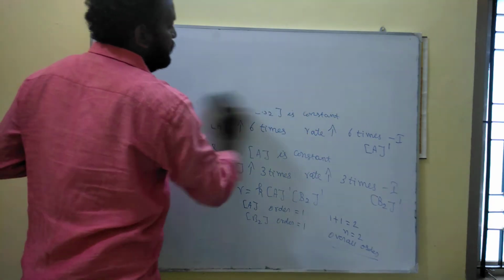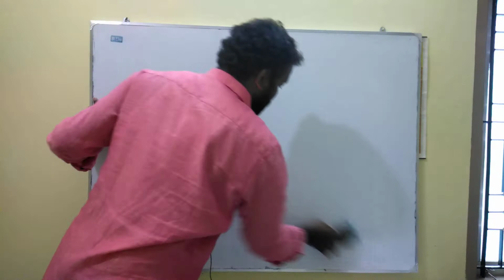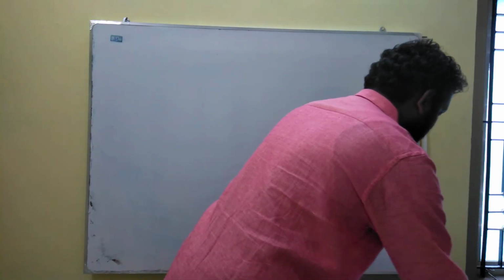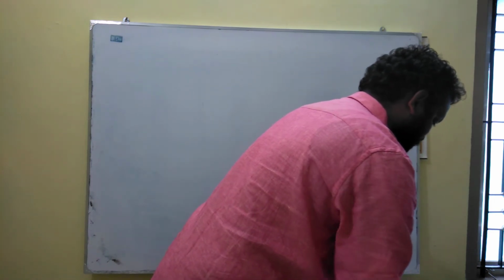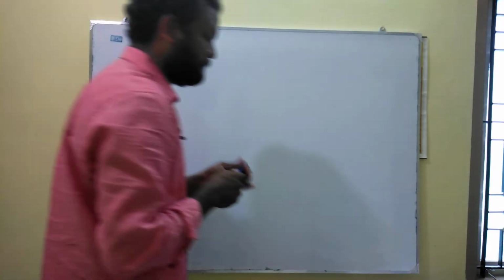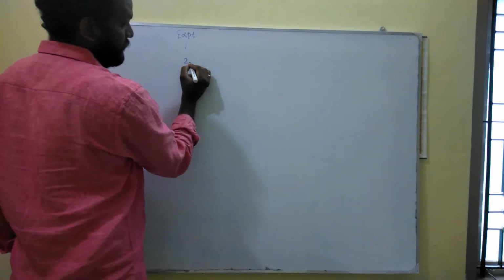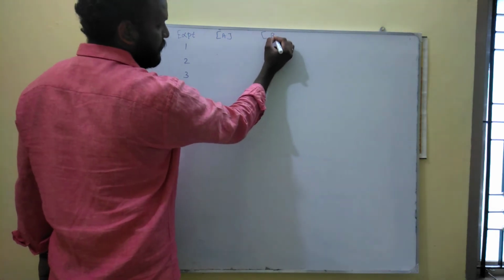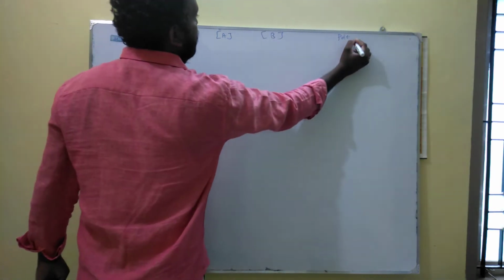For this, the previous video will help you: how much the concentration increases, how much the rate of reaction will increase. You just watch the previous video, it is very helpful for you. Now consider another reaction. 3 experiments are carried out. The concentration of A and the concentration of B are given, and the formation of product. Here the concentration and here the rate.